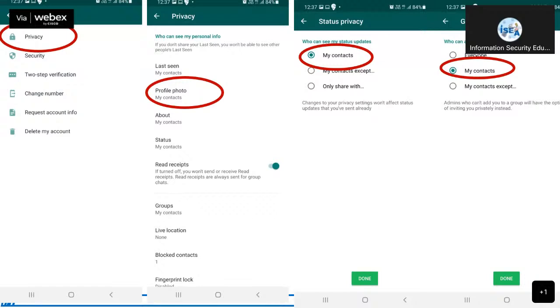Profile picture, obviously yours. You cannot keep a profile picture of someone else. If you want to keep one, you can keep it. Otherwise, you can keep it plain also. There is no harm. Hope it is clear. In the privacy option, I discussed the profile picture, the status, and these groups also. For groups, keep it only my contacts rather than everyone, so that those kinds of things cannot happen.